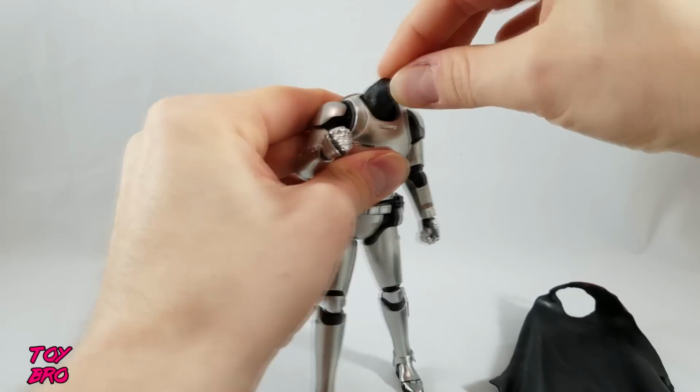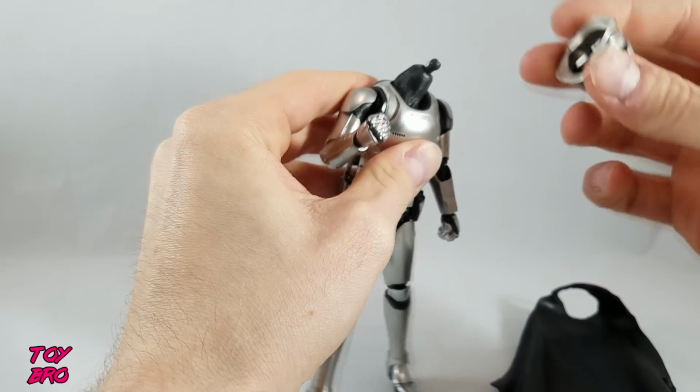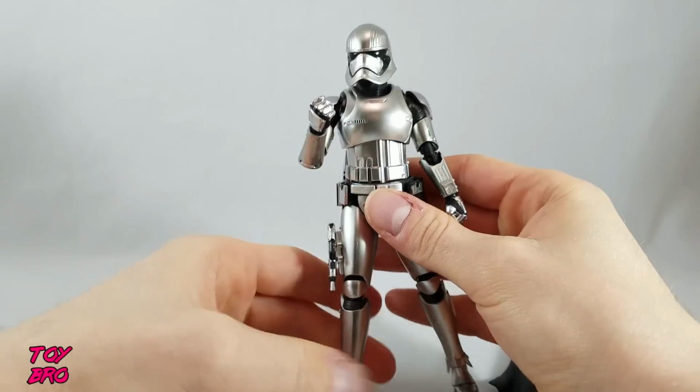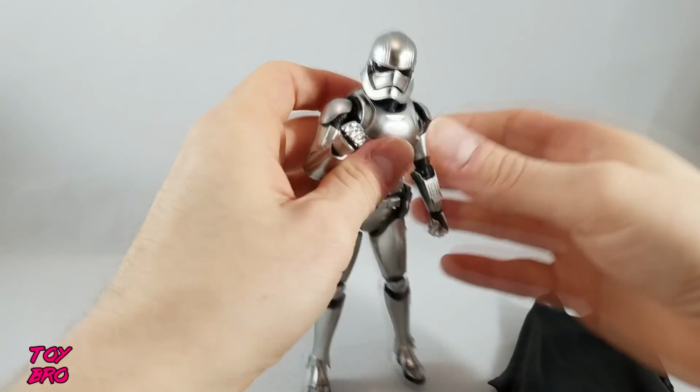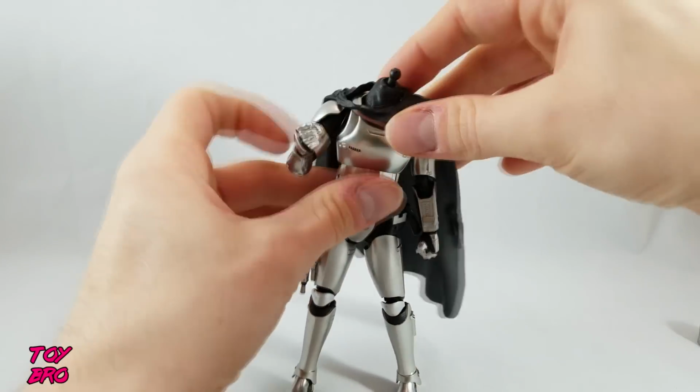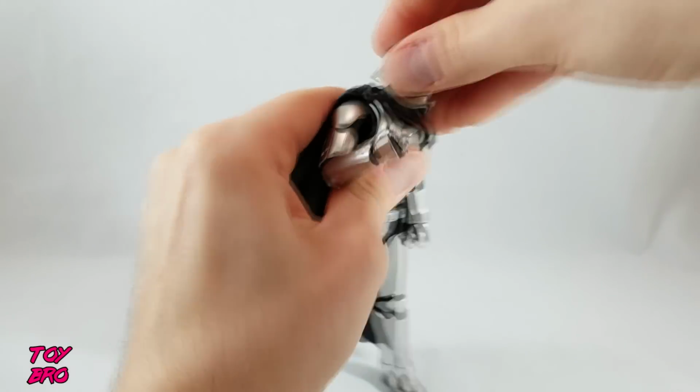So there is neck articulation, as you might expect on a Figuarts, and you can just pop the head back on. You know, if you wanted a chrome trooper, you could do that if you were so inclined, which she looks pretty good this way, honestly. But you can put the cape back on and then put the helmet back on, and it pops in and